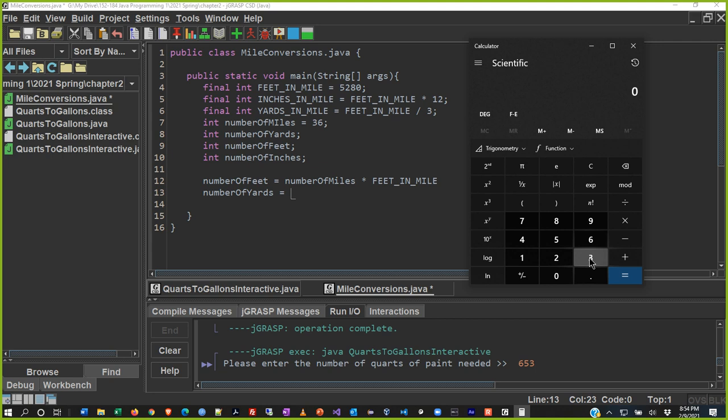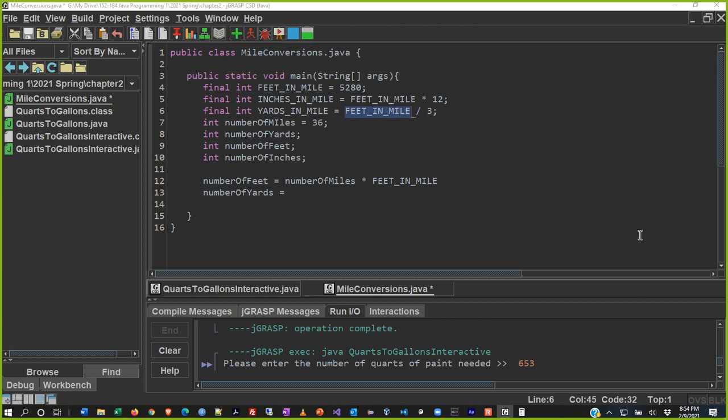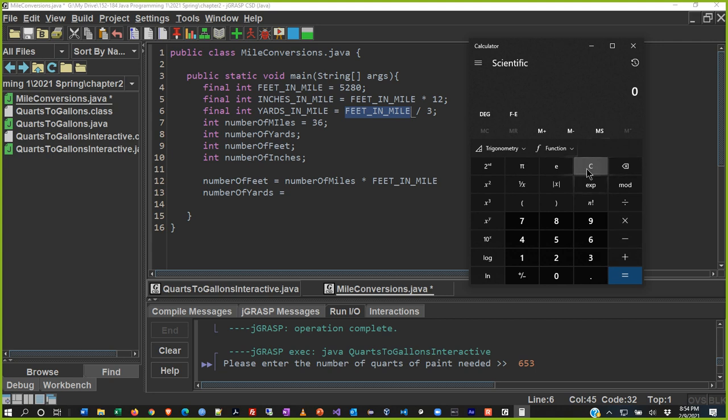But to get the feet in miles, I had to multiply, I had to determine this. So 5280 divided by 3, right? Okay, so first, I have to actually start with the 36, multiply by the 5280, oops, and then divide that by 3 to give me,